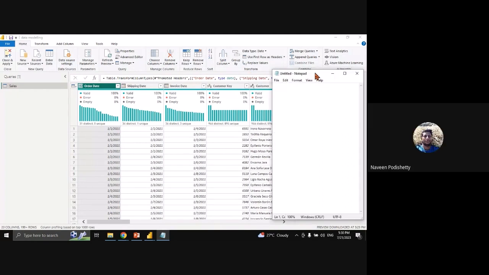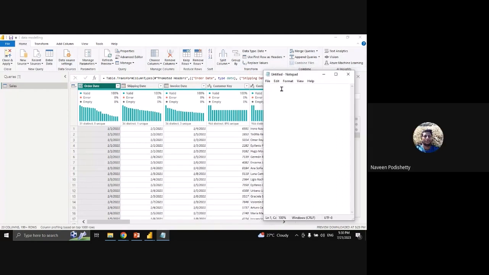Hello. A fact will have numerical data, but this is a date, so it has to be a dimension, is my thinking. Okay. The thing is, these dates should be part of our fact table only, so that we can verify on which date the order was placed, shipped, or invoiced. Yes, of course, it has to be in the fact table only. We can't conclude directly, but they are supportive columns,